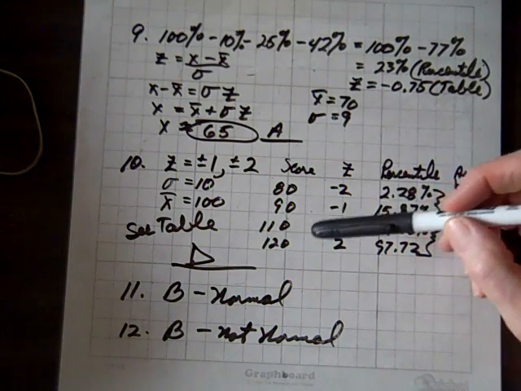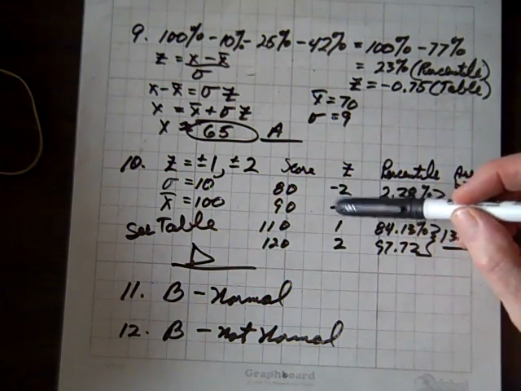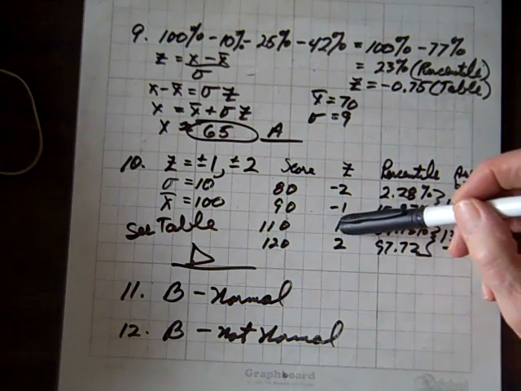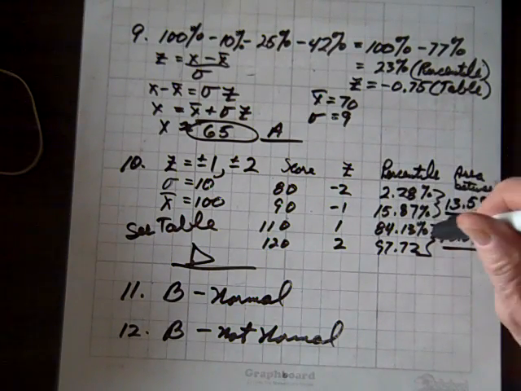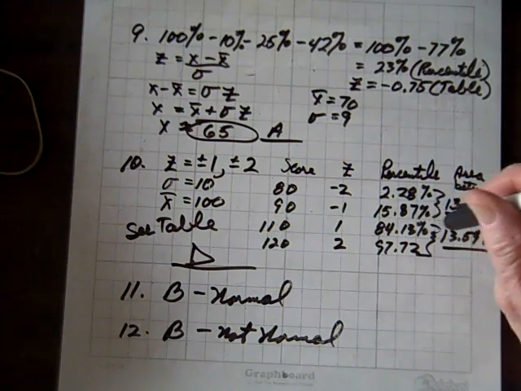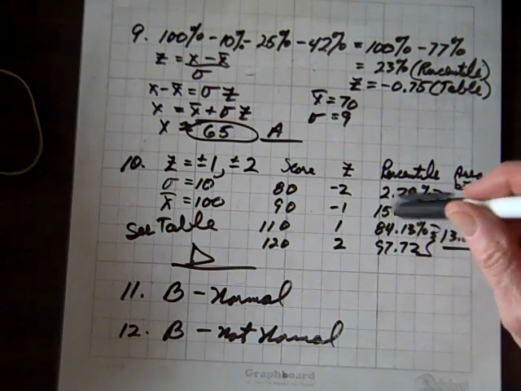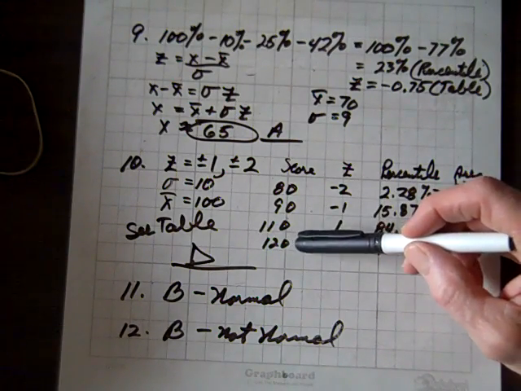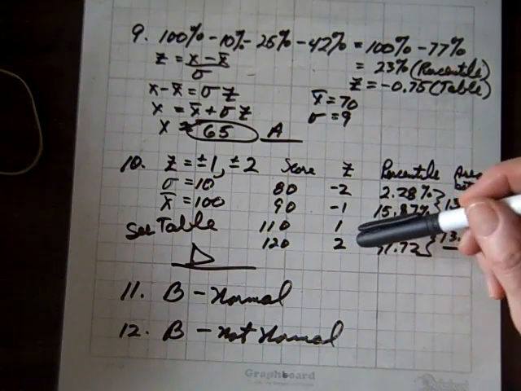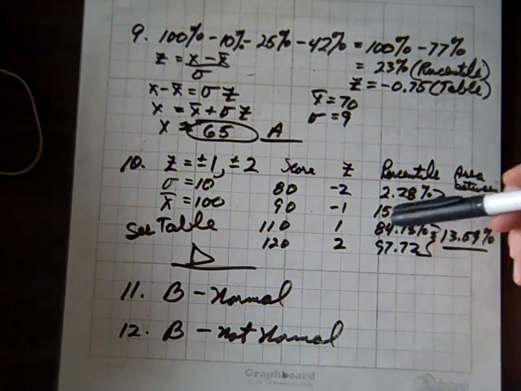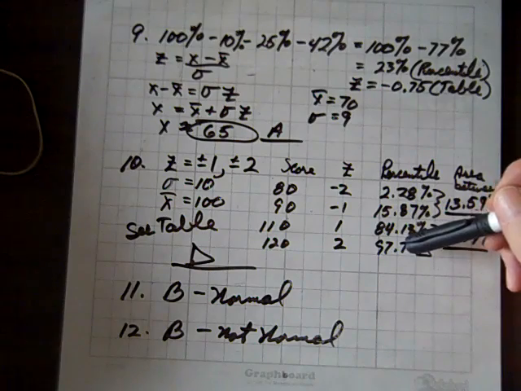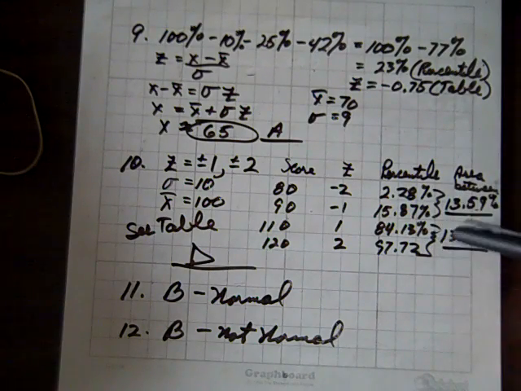Now, if you look at score 110, that's 1 standard deviation above the mean and has a corresponding percentile of 84.13. If you look at the score 120, that's 2 standard deviations above the mean, and that has a percentile of 97.72, and the difference between these two is